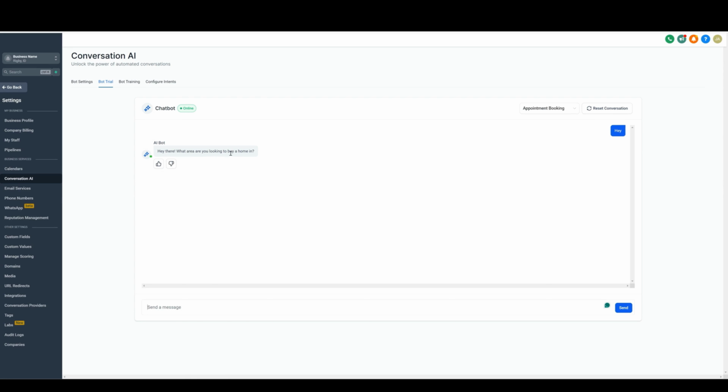And so that's the response we told it to say in the future, because we trained it with the thumbs down. I'm going to say Charlotte NC, and then the bot will respond. Great, Charlotte has some lovely areas. What price range are you looking in? So now it's asking those qualifying questions that we set up, and I can say probably 400K,